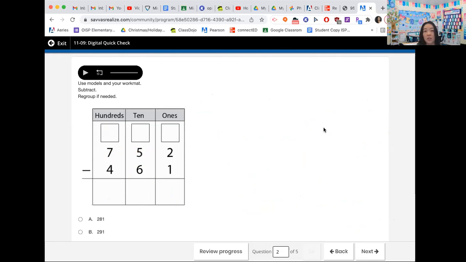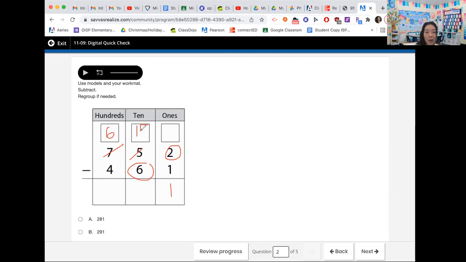Okay, next question. This one, you guys can use models if you would like. I want to see if you guys can do it with just your paper and pencils, just like the number work. So here we have 2 minus 1, more on top. No need to stop. 2 minus 1 equals 1. More on the floor. Go next door and get 10 more.